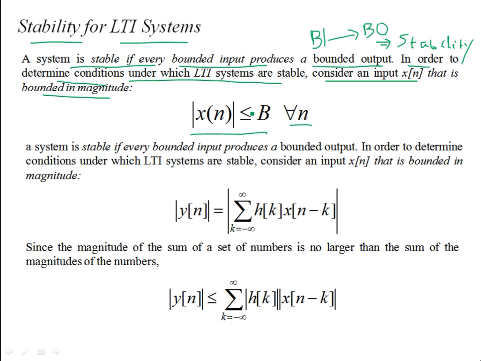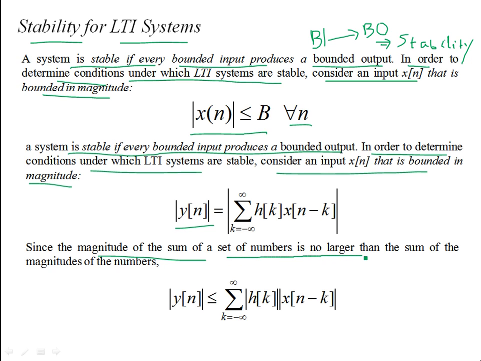Now what happens if this input is applied to an LTI system? A system is stable if every bounded input produces a bounded output. That's the BIBO stability criterion. So to determine the conditions under which LTI systems are stable, let's consider an input of bounded magnitude applied to an LTI system. This is the convolution sum, and we have to see if the output is bounded. Let's take the magnitude of both left and right hand sides of the equation. Since the magnitude of the sum of a set of numbers is no larger than the sum of the magnitudes of the numbers,